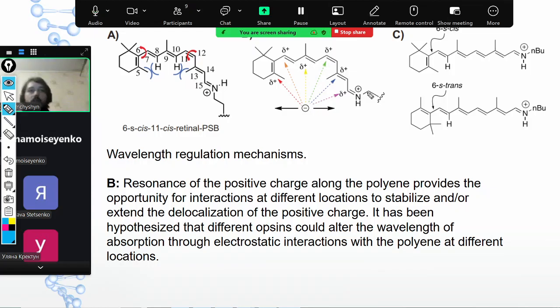Now we have a protein. This protein consists of many amino acids. These amino acids have residues. Residues may be charged. So with a charged residue, if you put some charge nearby this molecule, you will disturb the delocalization of this positive charge, and as a result, you will somehow shift the energy levels. And by shifting energy levels, you will get a different size of the gap between HOMO and LUMO, and of course different wavelengths to be captured by this sort of molecule.